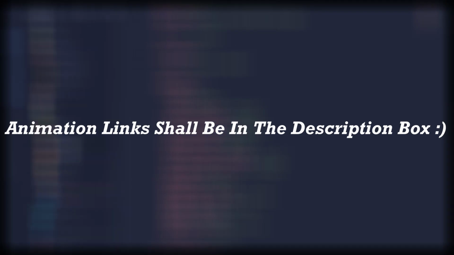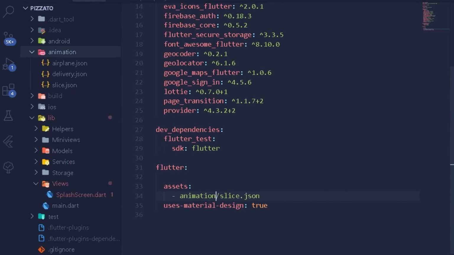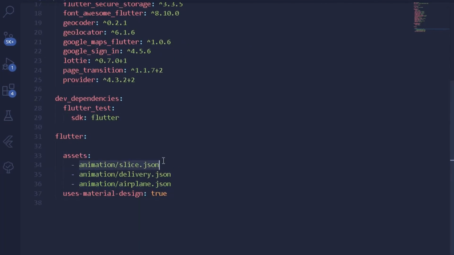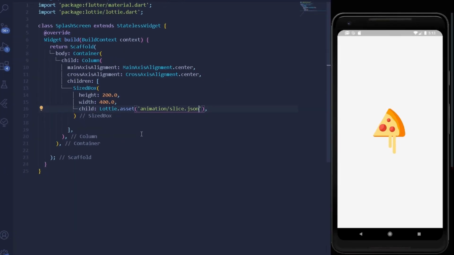Now let's configure our pubspec.yaml file. So for that we can come down to our Flutter, and here I can simply write assets, and under these assets we are going to paste the following source. So the source is nothing but animations/slice.json. So I can simply copy this and paste it twice for other animations as well. Now let's copy our slice animation and paste it under the following resource, which is animation itself. Press Ctrl and S. Alright, so we have our animation up and ready, which is of a pizza slice.